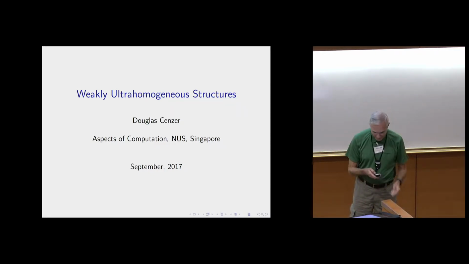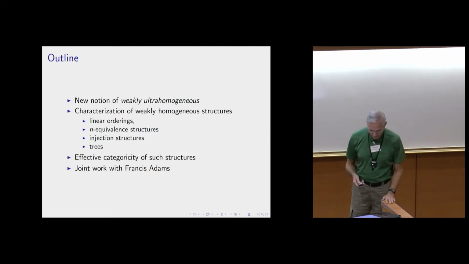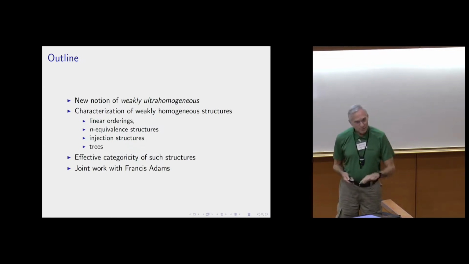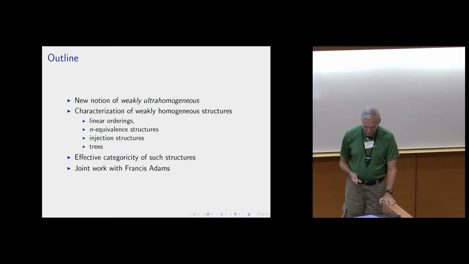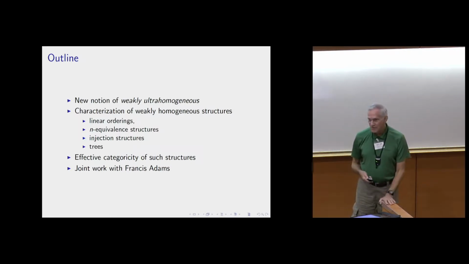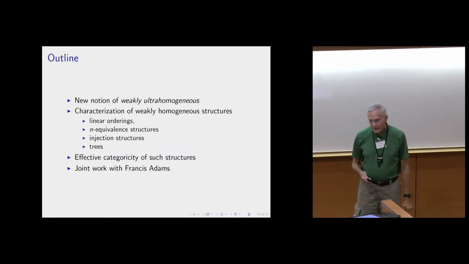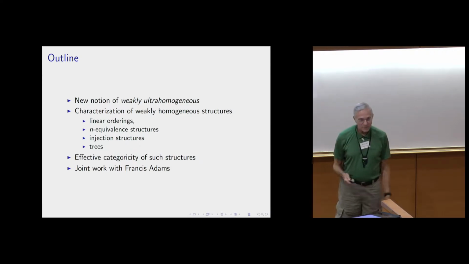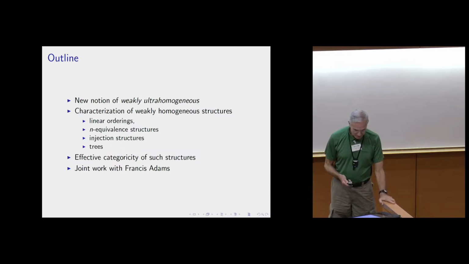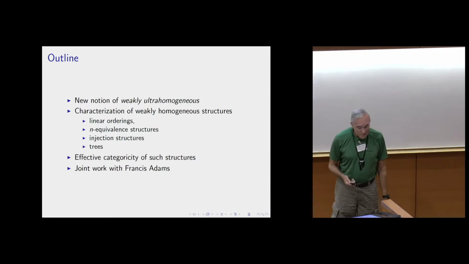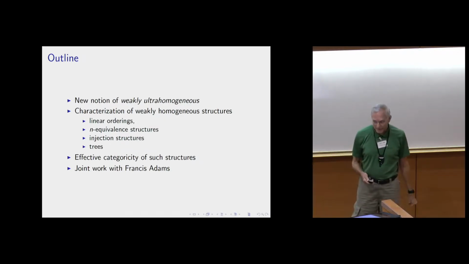What I like about this topic is that it connects a purely model theoretic or mathematical notion with computability. So I'm using the term ultra-homogeneous. Dennis just talked about homogeneous. It's the same concept; the word homogeneous is used for so many different things. So ultra-homogeneous emphasizes that we're talking about this concept. We generalize a bit from ultra-homogeneous to weakly ultra-homogeneous. You'll see it's a natural idea.